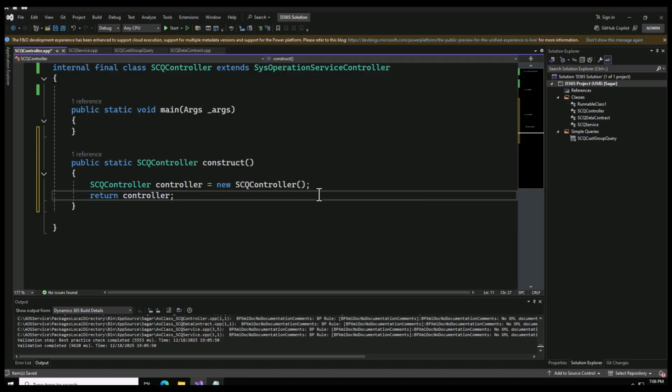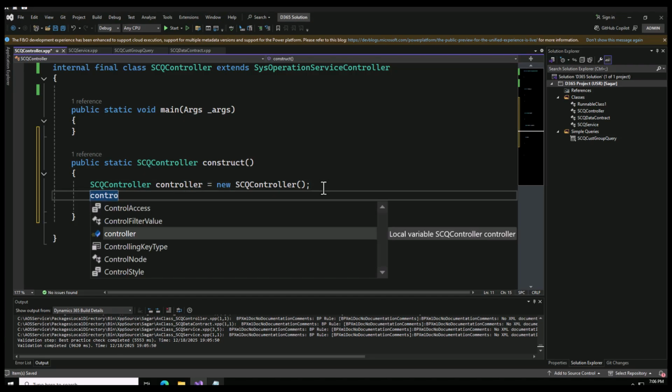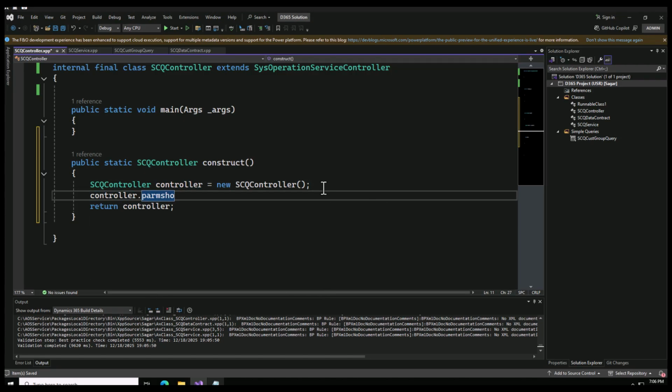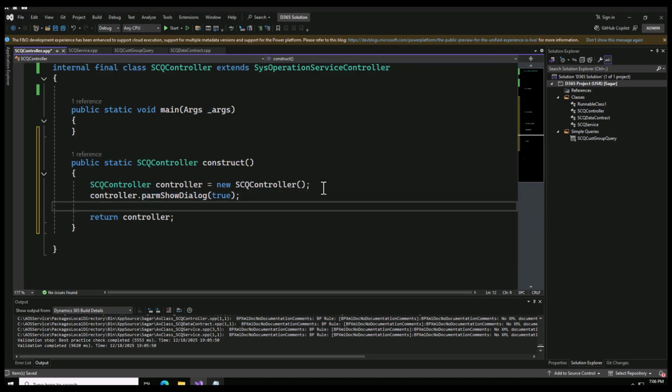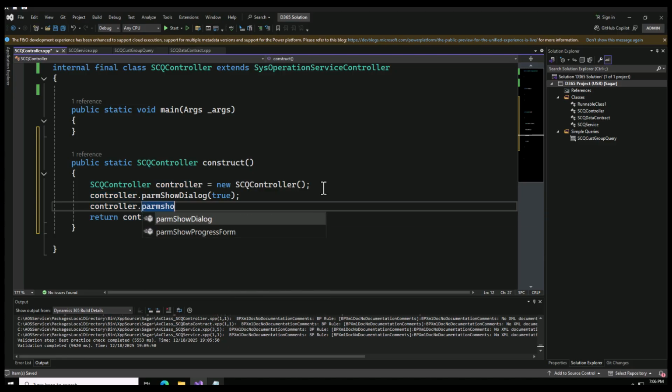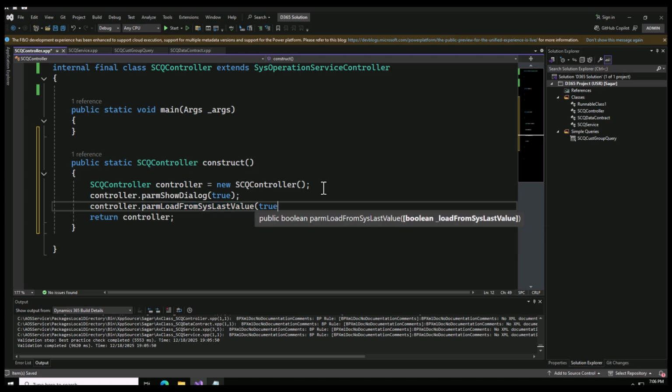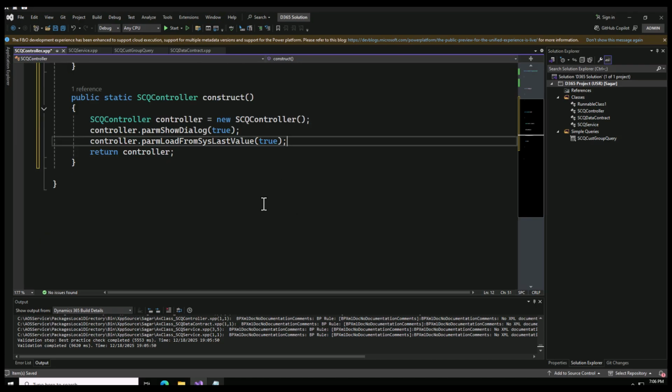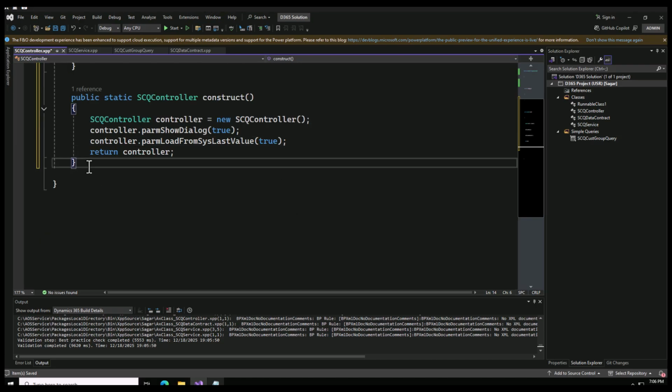Before that, let me say that controller.parmShowDialog, let me pass it true, and I also want to see the last saved value, so I can say parmLoadFromSysLastValue. I'm going to pass it true as well,